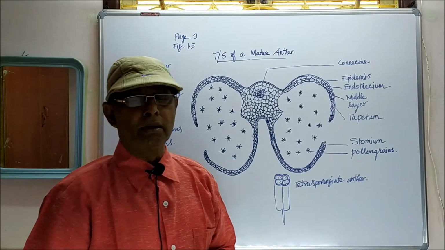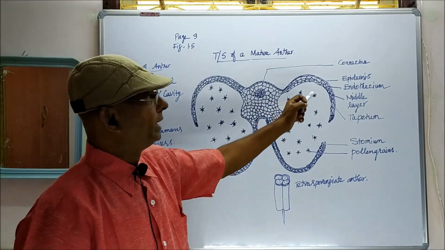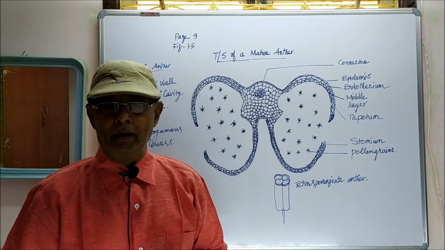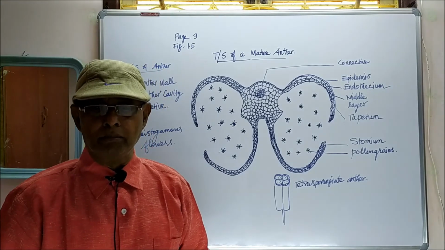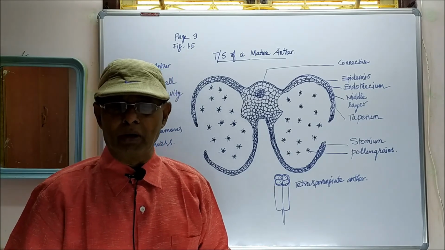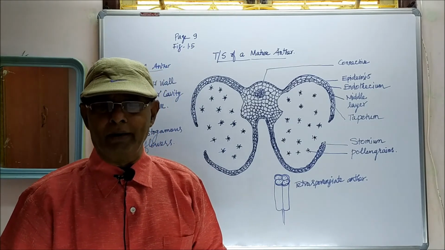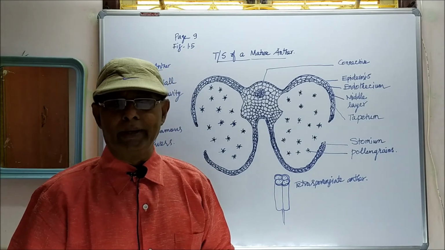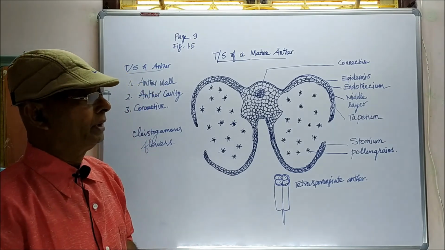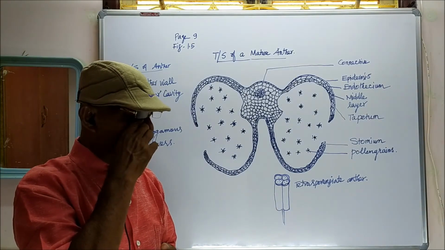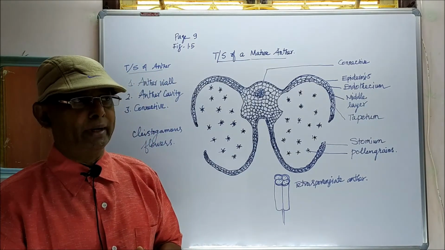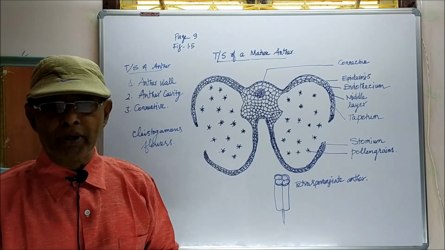And the third one is the middle layer. Just below the endothecium, you can see the middle layer. It is of 2 or 3 layers. Next to the endothecium, it is referred to as the middle layer. Generally, it is ephemeral, that is temporary or having a short lifespan. It will be disintegrated at maturity. So the middle layer is purely temporary. When the anther matures, the middle layer disintegrates and disappears. That is the importance of the middle layer.